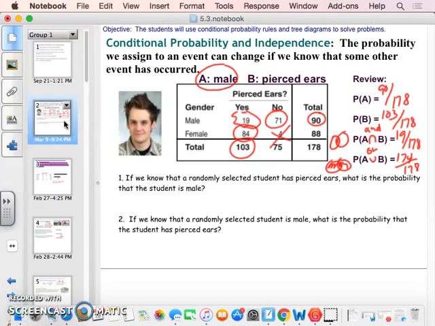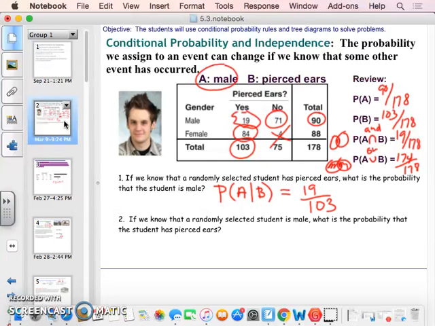Today we're going to make it a little bit more complex, and we're going to talk about conditional probability. The key word is going to be given. We want to know that if a randomly selected student has pierced ears, so that's our given, what's the probability that the student is male? So we're going to say the probability that a student is male is event A, given event B, that the student has pierced ears. When you look at this, the probability that a student is male with pierced ears is 19, and that's going to be out of the total number of students